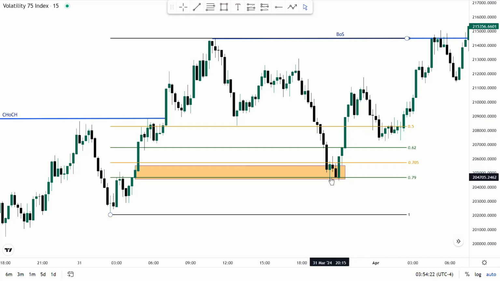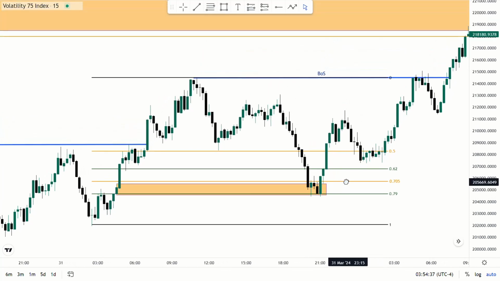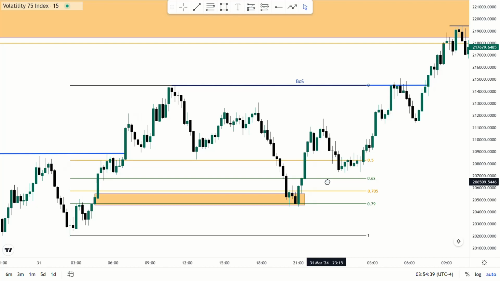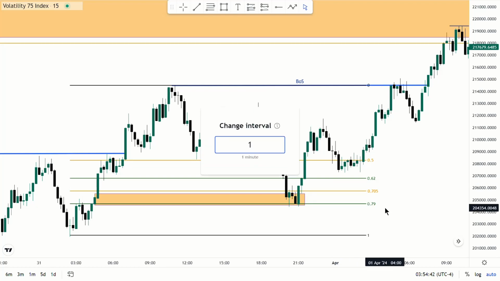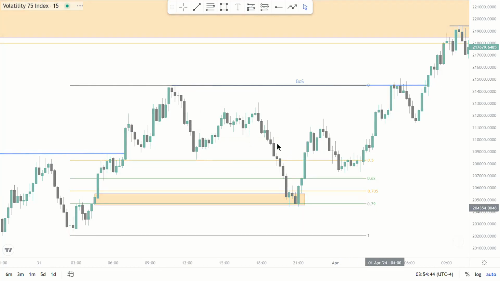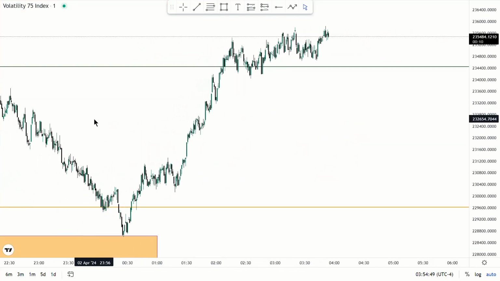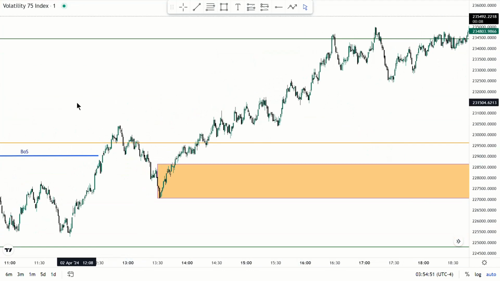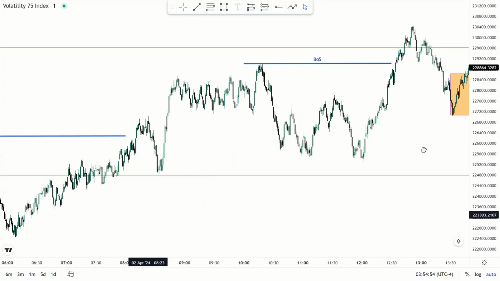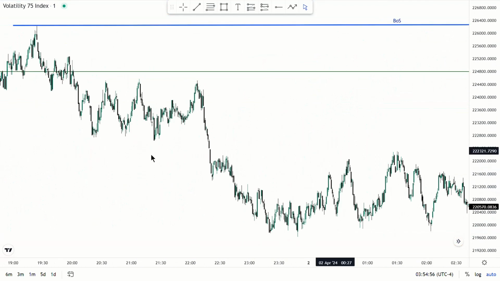When this is still valid, the candles did not close. This is a 15-minute chart. The candles did not close with the full body below it. It just swept whatever was down there. When you go down to the 1-minute chart, you can look for an entry there. I just want to show you what's happening. When you go down to the 1 minute, this is bias, guys. This is how it works. Maybe I'll even show you the entries too, so that you get acquainted.